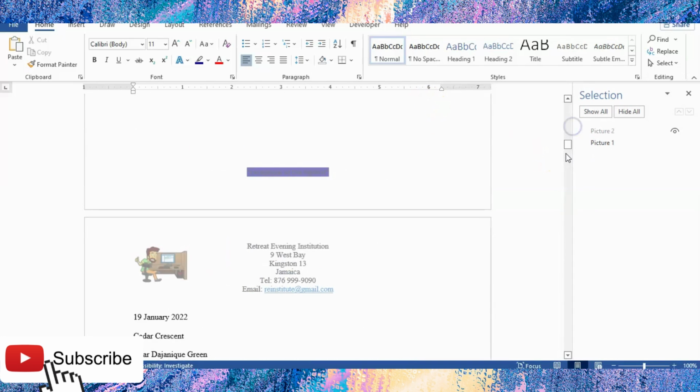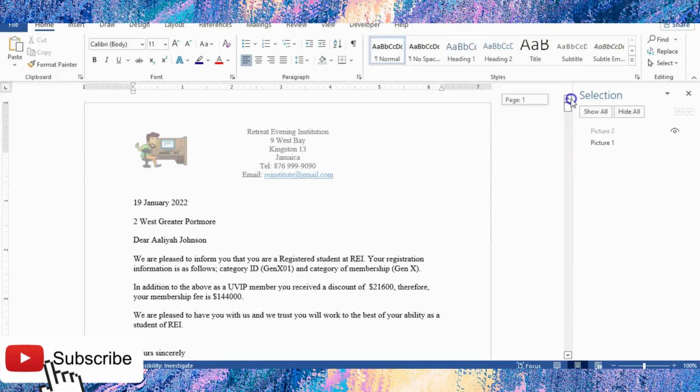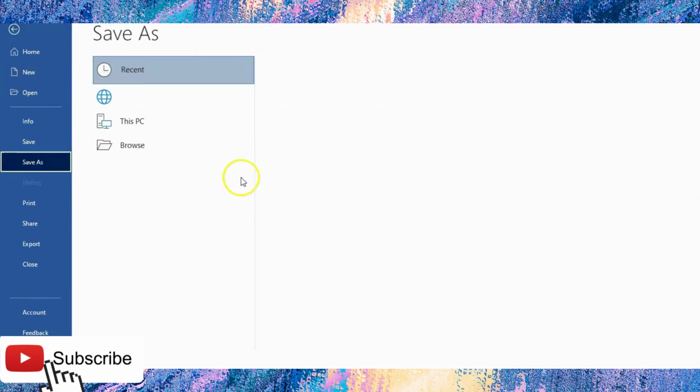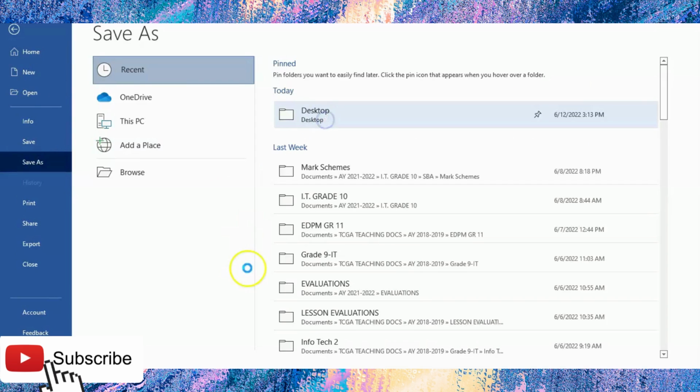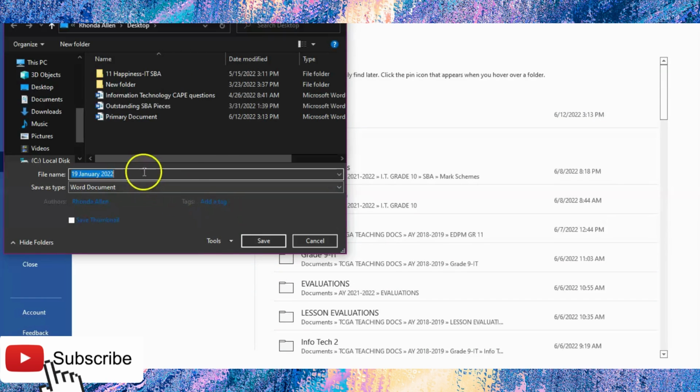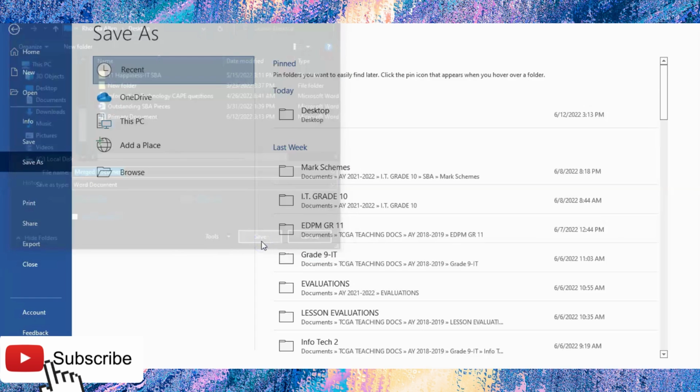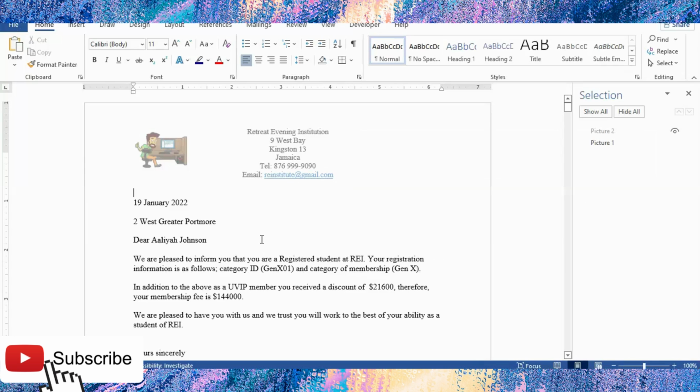After that, what you're going to do is go ahead and save again. So you would go to File, Save As, and then you would save it as whatever it is supposed to be saved as. I'm just going to save it as merged document. Alright, once you are finished and you click close,